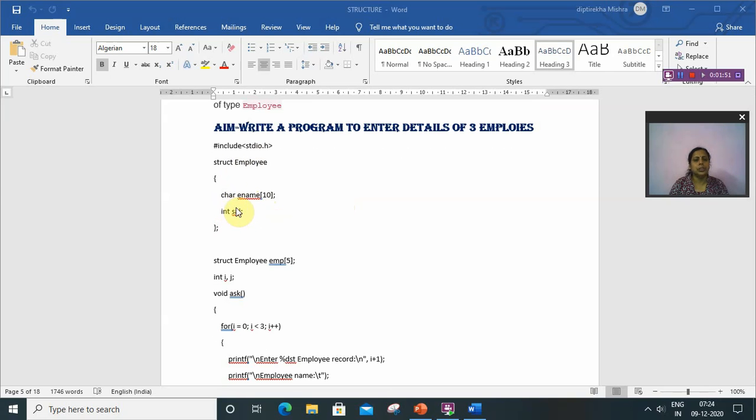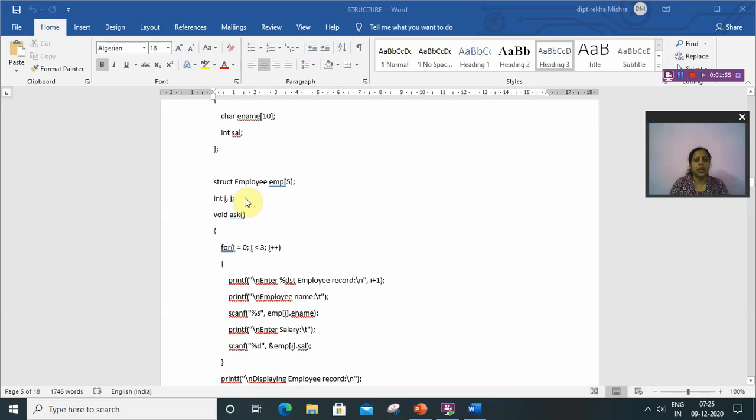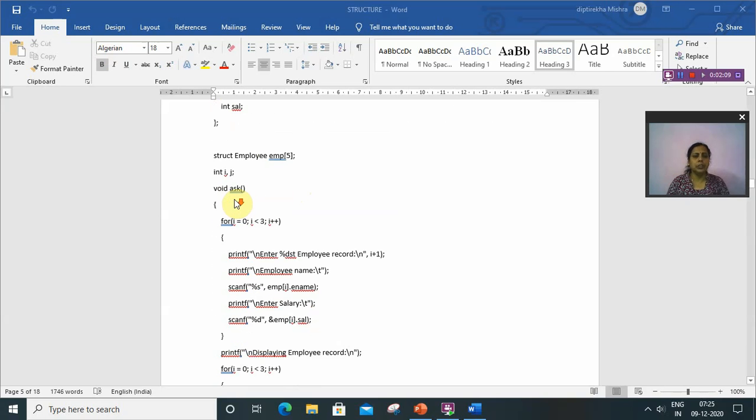These two are the members of struct employee, and here I am declaring the array. emp is the array, emp[5] means it can store 5 records of the structure, and int i, j are the temporary variables.